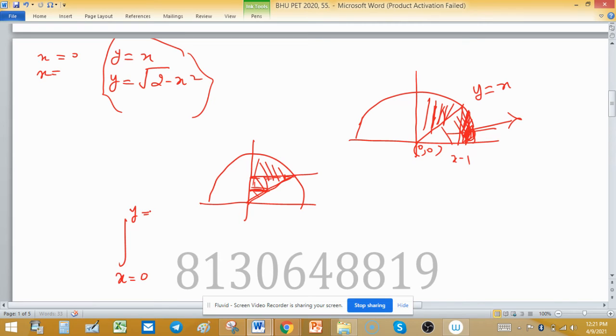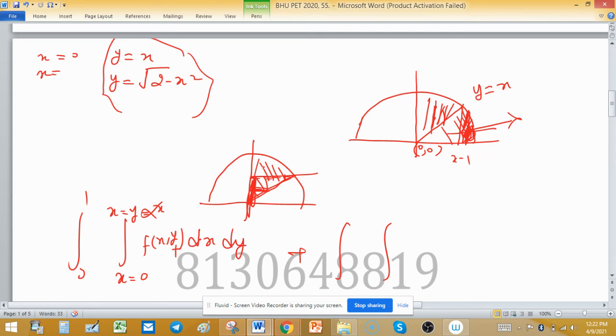So y equal to x, or you can say x equal to y, and the constant limit of this one is from this height, so 0 to 1, plus you can write f of x, y dx dy, plus